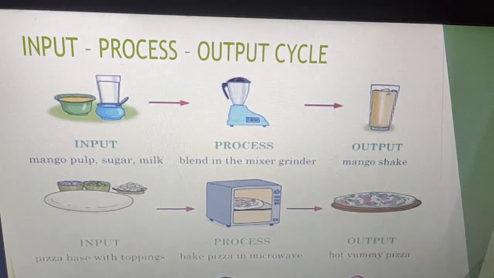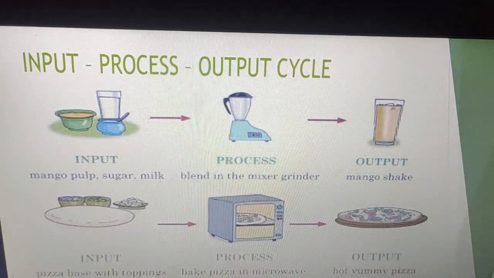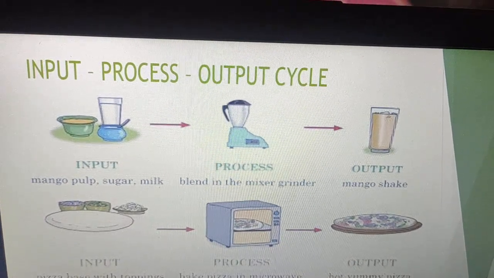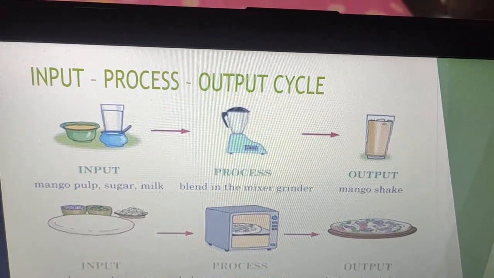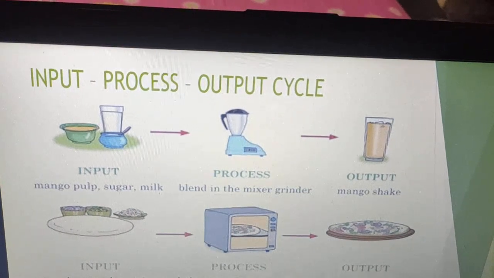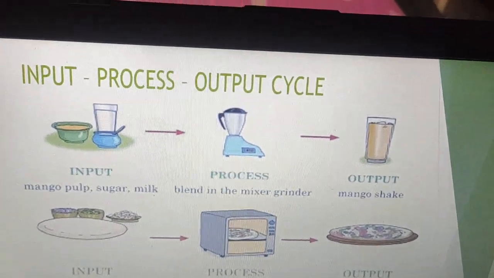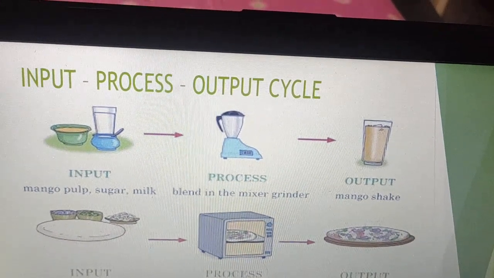So yes, dear children, can you see this example of the input, process, output cycle? Do you remember in the summers when you want to have mango juice? So what is the input for mango juice? Mango pulp, sugar and milk.